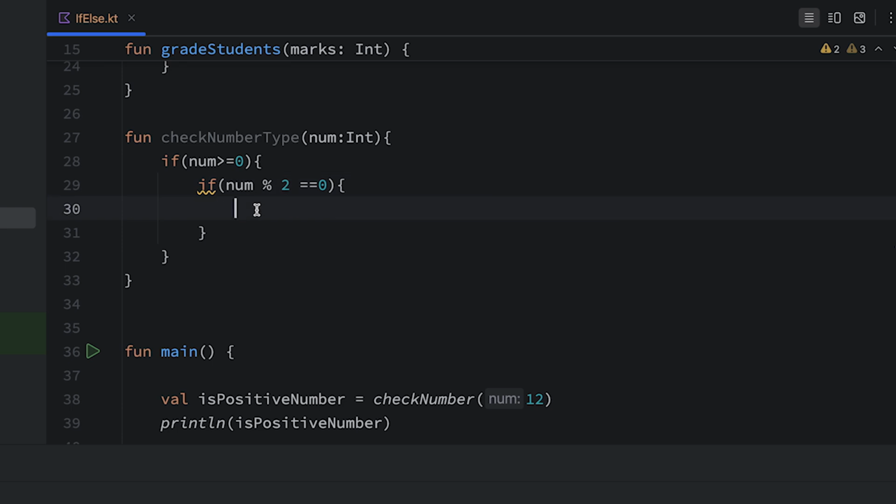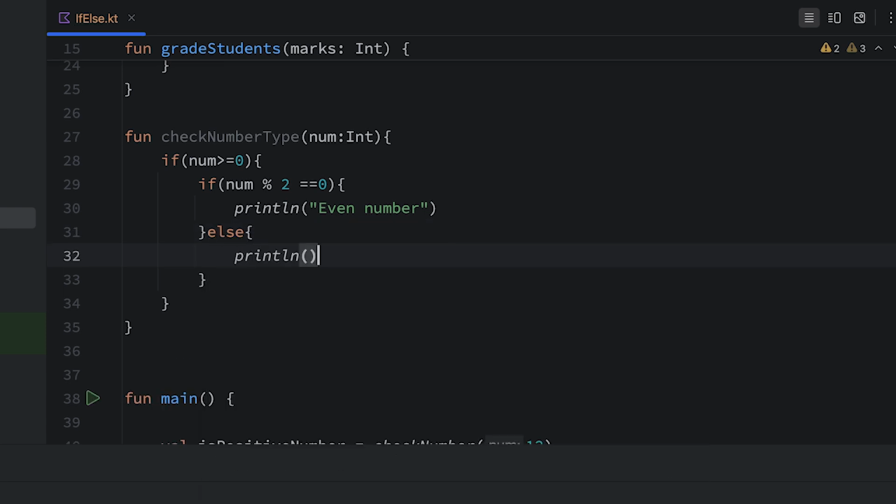And every even number is divisible by 2. So if you are dividing an even number by 2, eventually we are retrieving a remainder of 0. So if it is 0, that means the number is even. Use println here and call this even number. Else we are having an odd number, so odd